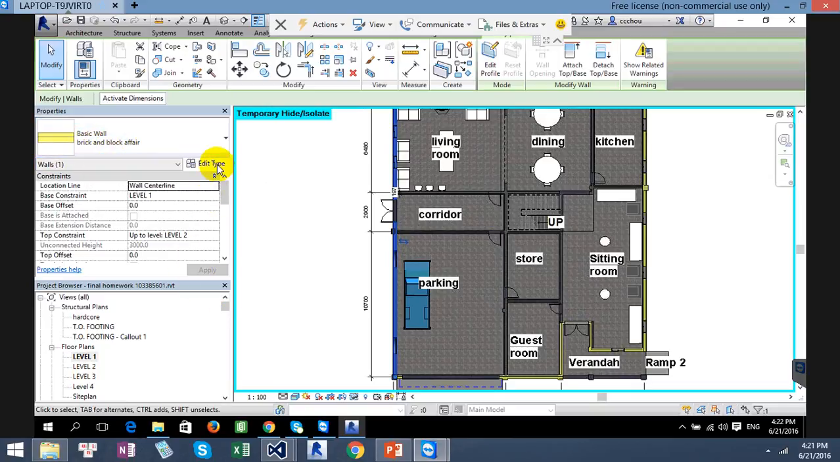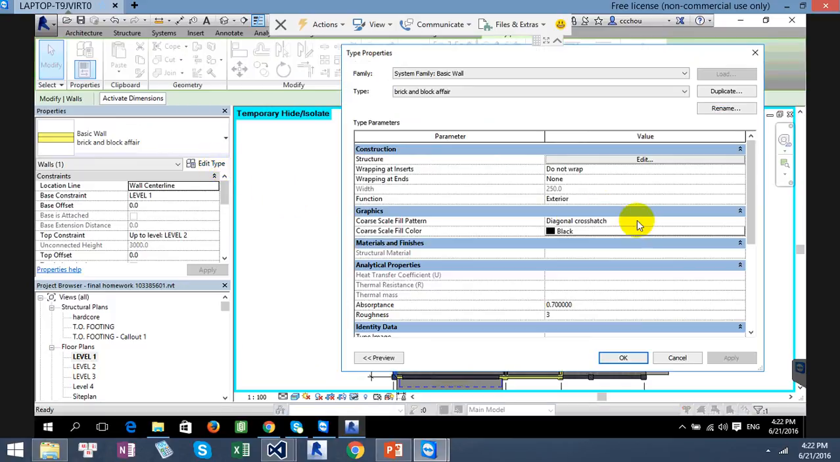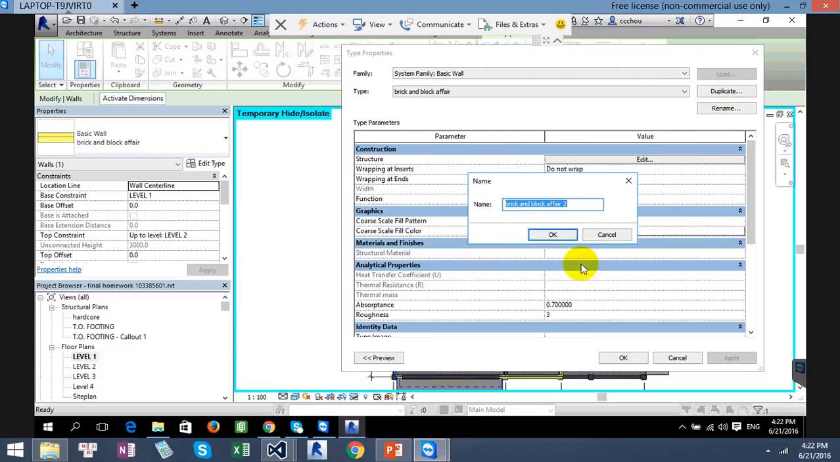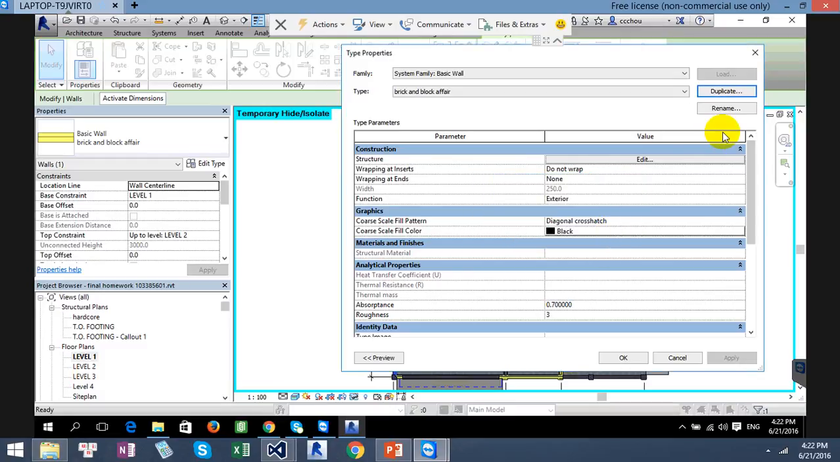So you go to edit type. When you go to edit type, it will give the width of the wall. The wall's width is 250 because it's a combination of the brick and the block wall. And here, if you want to duplicate, if you want to change any particular wall, we can go to duplicate, and then we rename the wall, and then go to edit, and then we